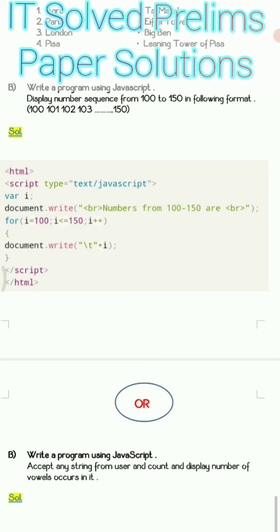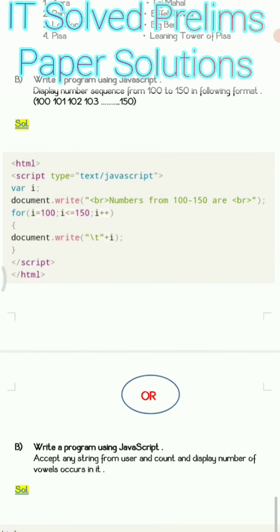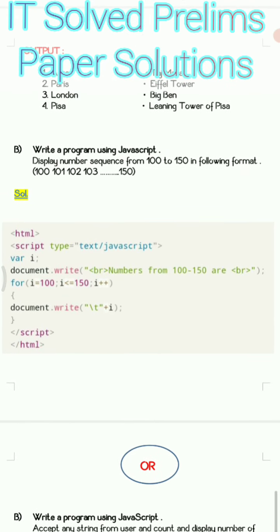Next is write a program with JavaScript to display the number sequence from 100 to 150. That means you have to display the numbers in a line from 100 to 150 non-stop. So for this, you will require a loop.